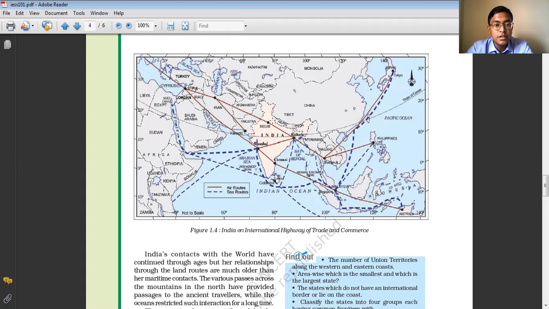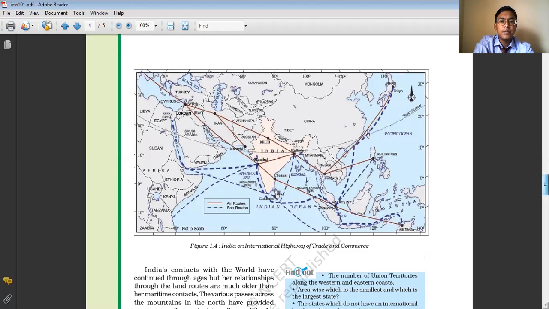Not only this, but many foreign travelers came and visited our country, and after visiting, they wrote many books. In their books, they mentioned India's culture, heritage, food habits, and people. There is even a mention of India's epics like the Ramayana and Mahabharata, and ancient scriptures like the Upanishads and the Panchatantra.